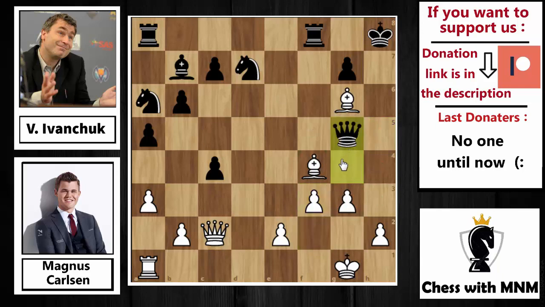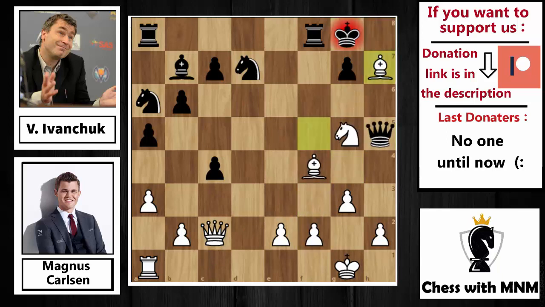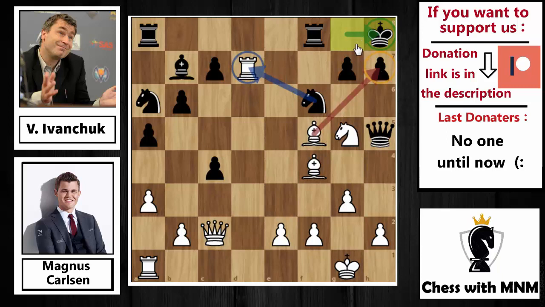The queen capture on g5 is the best move, and then after bishop capture on g5, this position is such winning for the white. So for this reason here, after rook capture on d7, you cannot capture on the d7 square. So here Ivanchuk played king to h8. The idea now, I'm threatening knight capture on d7, because now bishop capture on h7 doesn't come with a check on my king anymore. So for this reason here, Magnus moved his rook from the threat, rook to e7,